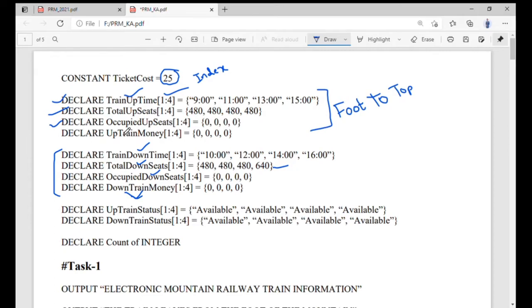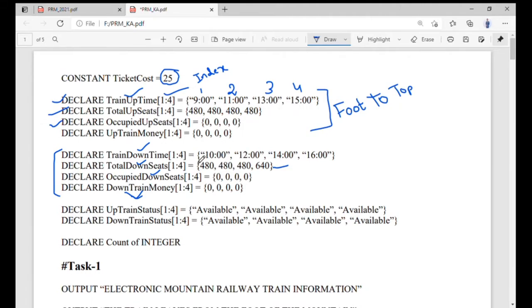The remaining things are the same, because right now we are not aware of how many seats will be occupied for the whole day, and we are not aware of how much money we have right now. When you do not have anything, you just initialize the variable to 0. Over here we save our time and our code, because we give all the initial values in an array. The array works with a sequence of numbers, like 1 to 4. All the sequence is 1, 2, 3 and 4. So what will we save in 1? 9 hour, in 2, 11 hour, 13 and 15.